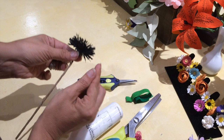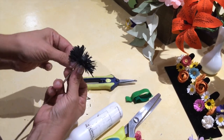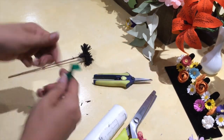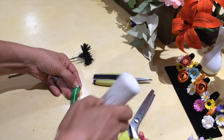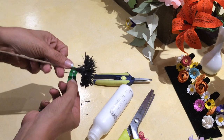Our fringe is sticking out and up, a little bit of every which direction, but not too bad. I'm going to take the green paper strip from earlier, add a little glue,